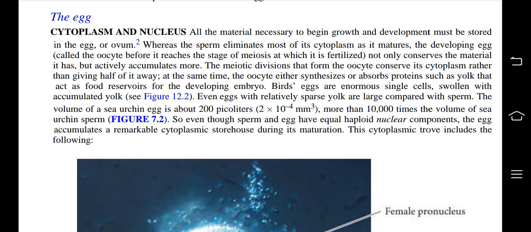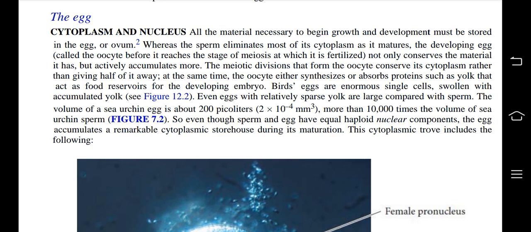Whereas the sperm eliminates most of its cytoplasm as it matures, the developing egg, called the oocyte before it reaches the stage of meiosis at which it is fertilized, not only conserves the material it has, but actively accumulates more. The meiotic divisions that form the oocyte conserve its cytoplasm rather than giving half of it away. At the same time, the oocyte either synthesizes or absorbs proteins such as yolk that act as food reservoirs for the